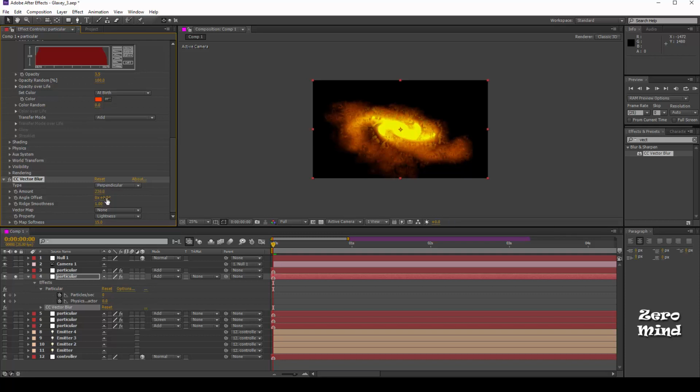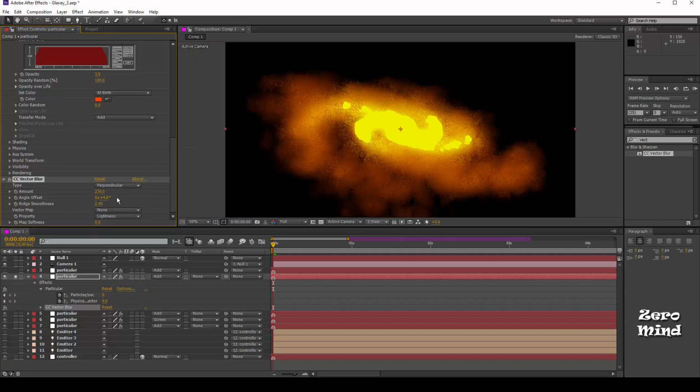And change the angle offset up to 4 degrees, direction 4.0, ridge degrees around 2.4. We can also tweak this later after I track matte this layer. So we have this kind of output here.